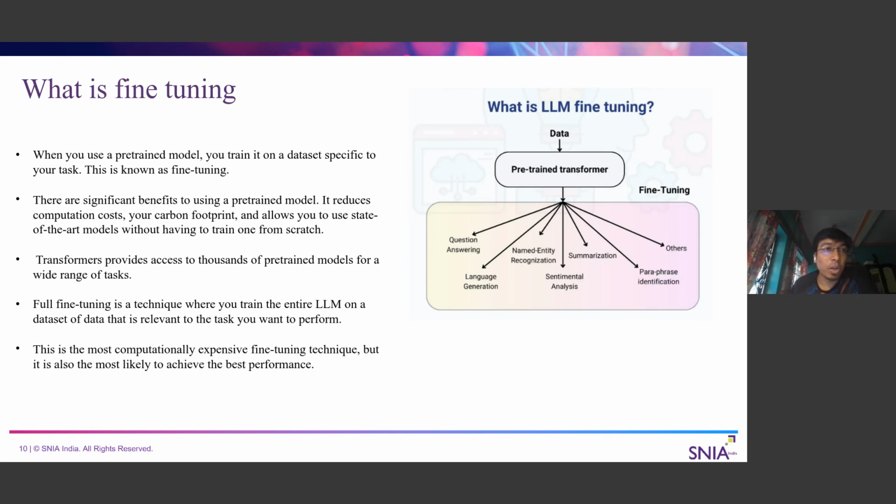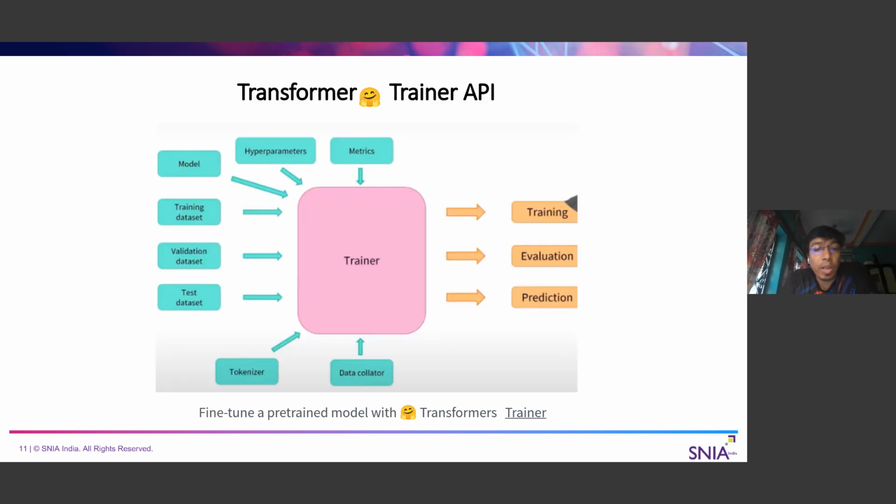Now, going to the next slide. So now we have described what using the pre-trained model is and what the meaning of fine-tuning is. Now, how we can do fine-tuning, we'll gradually try to understand that, right? For that fine-tuning purpose, Transformers actually provides a Trainer API. It's like an interface which these transformer deep learning models provide to fine-tune the transformer-based models, right? It basically abstracts a lot of complexities.